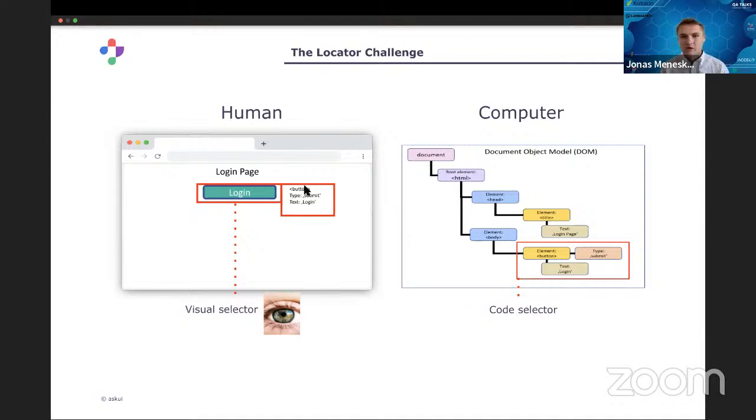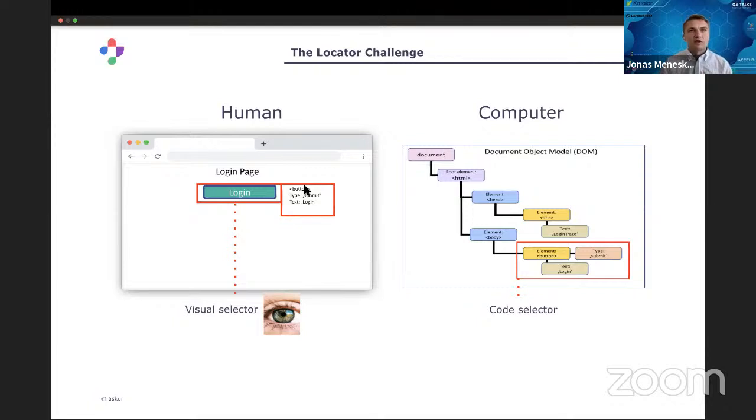They just look at the screen, see it visually in the UI, and say, okay, I want to click on the login button on the top, and they just find the element. This is not so true for the computer. At least for now, you have to look into the system and see how the element is structured, where the selector is, and find the right selector, and the no-code tool has to support it.